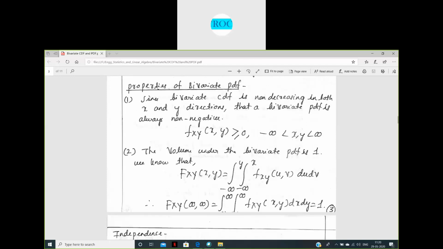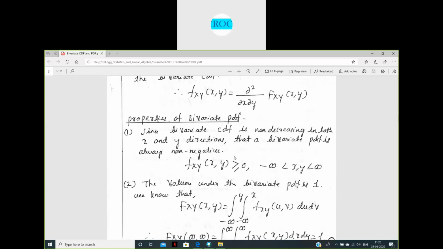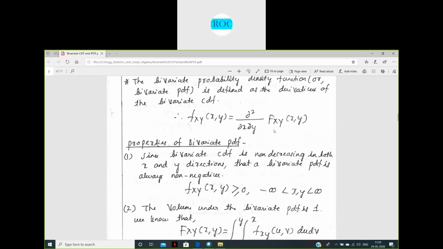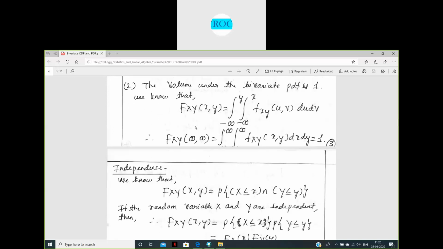We know the relationship between the PDF and CDF. Both are inverse to each other. We know that PDF is nothing but the derivative of the cumulative distribution function. And if I want to find the cumulative distribution function, what do I do? I take the integration. When I take the integration on both sides, what we get is the cumulative distribution function. This is nothing but the integration of fxy of x comma y. So how do you write the cumulative distribution function now? Fxy of x comma y is the integration from minus infinity to y, minus infinity to x of fxy of u comma v du dv.